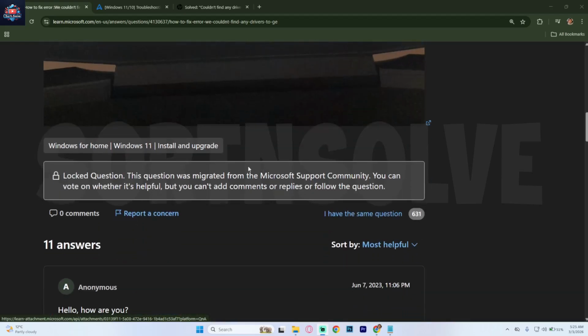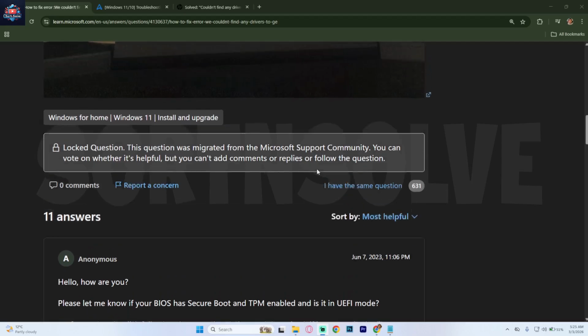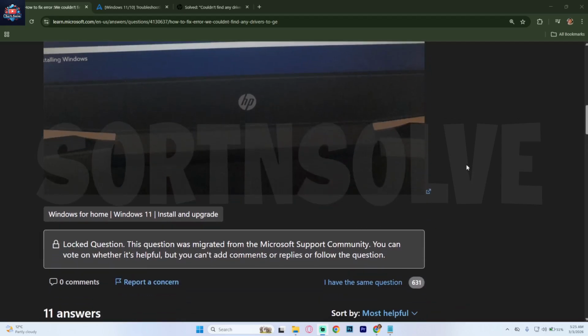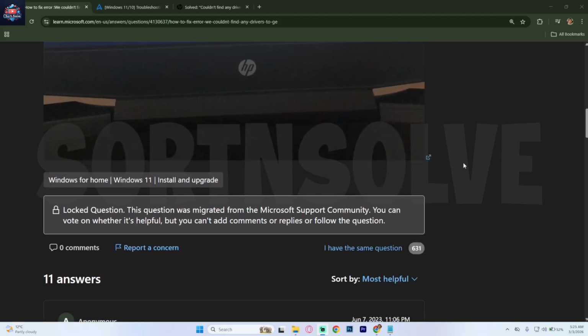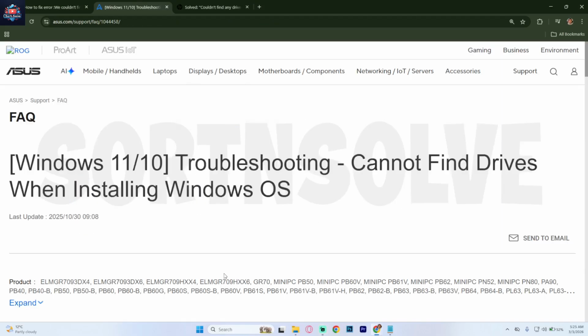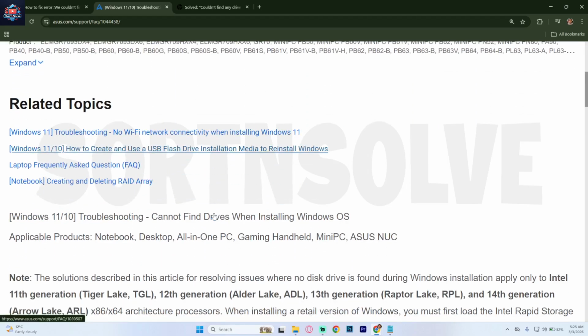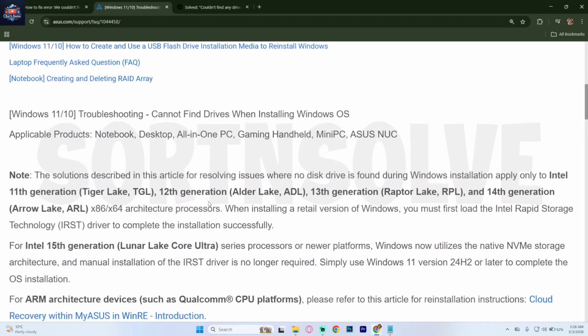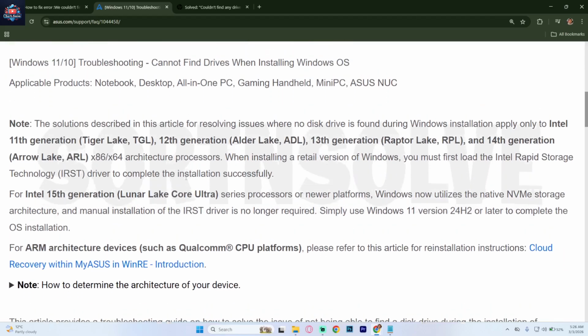This message usually appears when the installer cannot detect your SSD or hard drive because of missing storage drivers or incorrect BIOS settings. First, enter UEFI or BIOS settings by restarting your computer and pressing the required key, usually F2,